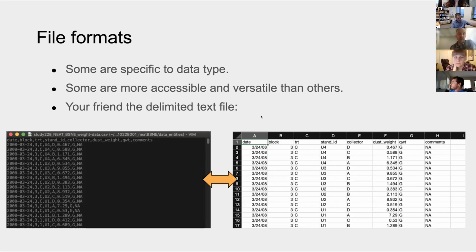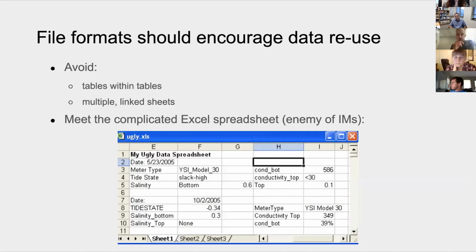Those can often be a lot easier to use than an Excel file because Excel changes, and if you've ever opened up a really, really old Excel file, you can have some problems opening them up. Your file formats should probably also encourage data reuse. So try to make them simple and easy to understand.